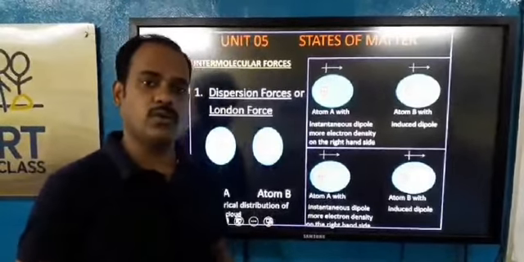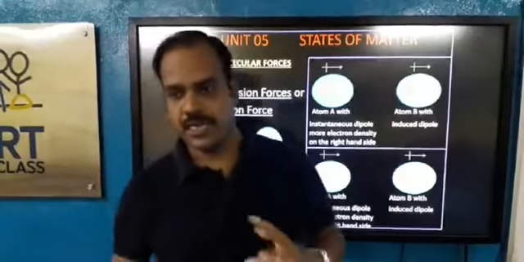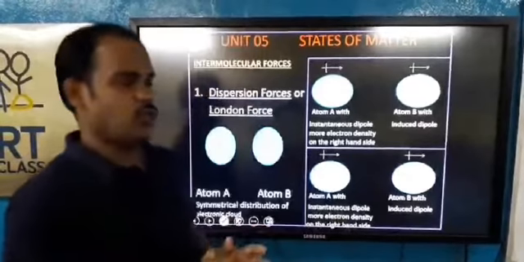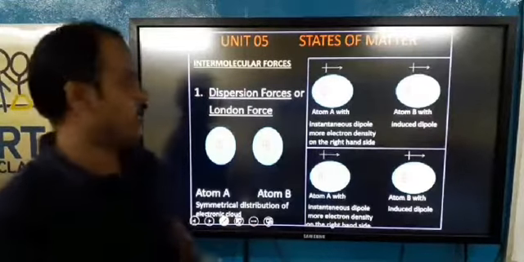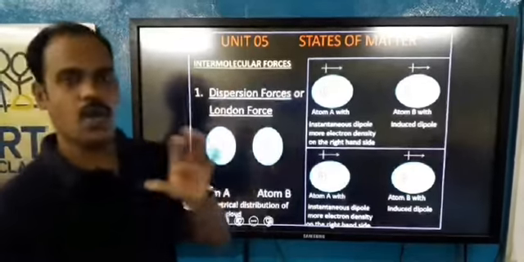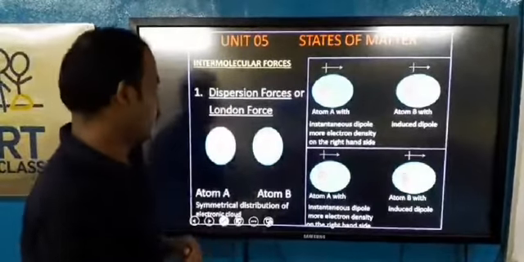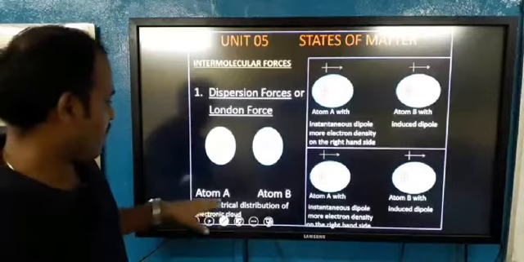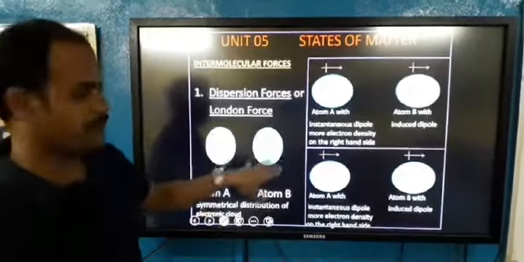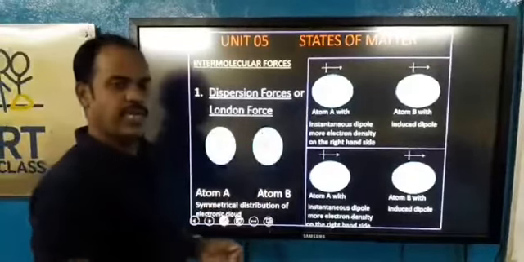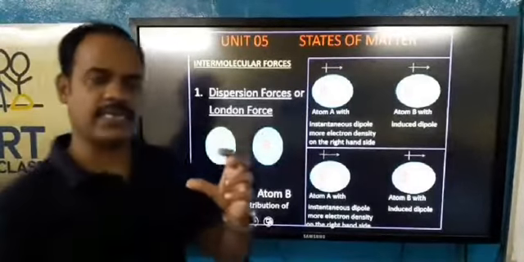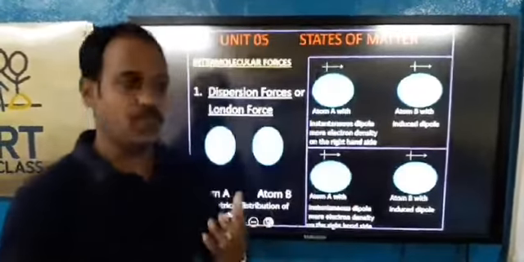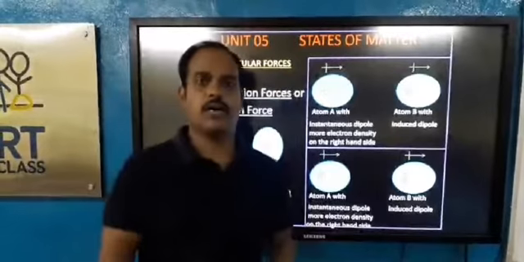And the best example of a non-polar molecule is CO2. In CO2, carbon forms neither plus nor minus. So CO2 molecules are non-polar, and this force operates between non-polar molecules. So let's see how this force brings the molecules closer. Here for reference, I have taken two molecules. The polarity of molecules depends on the electronic charge or electronic cloud. Electronic cloud means, you know, an atom has some electrons.